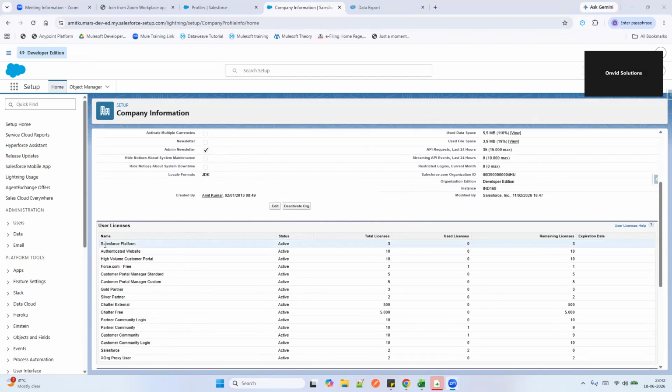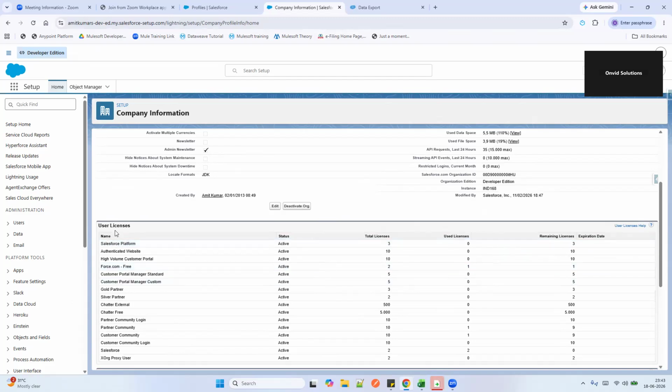how many users can I import? I can see that I have 3 Salesforce Platform user licenses remaining. So I can show you how I can import or ingest 3 users in bulk, or at a time. And by going through this example, you can import whatever licenses are available in Salesforce. You can ingest that number of users in one go, right?